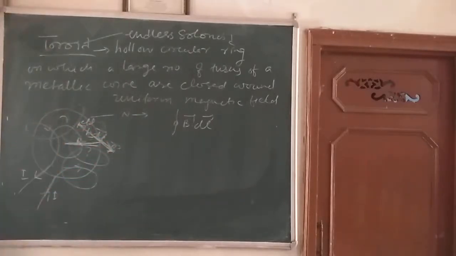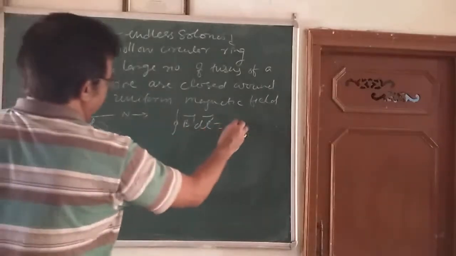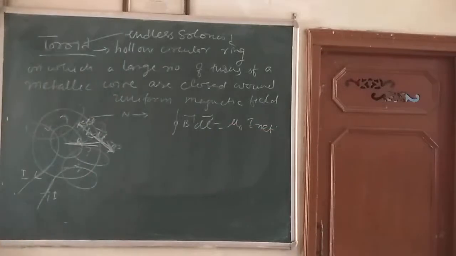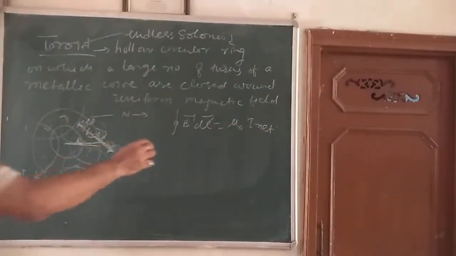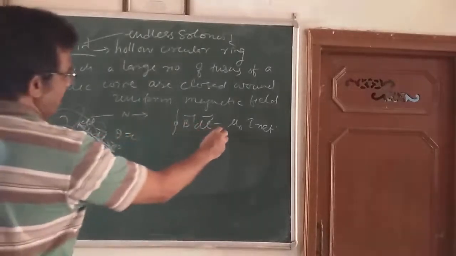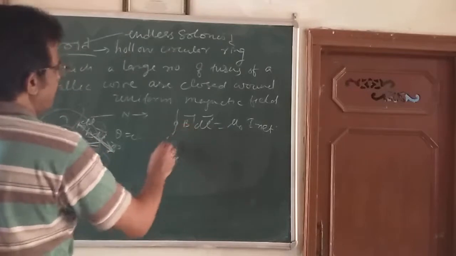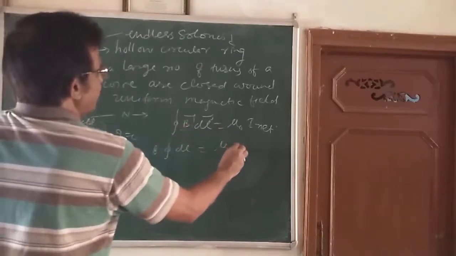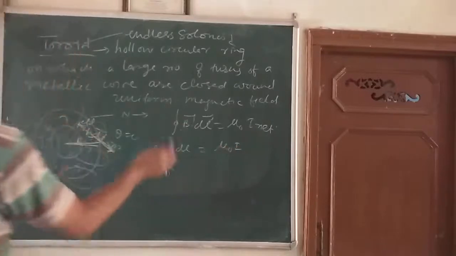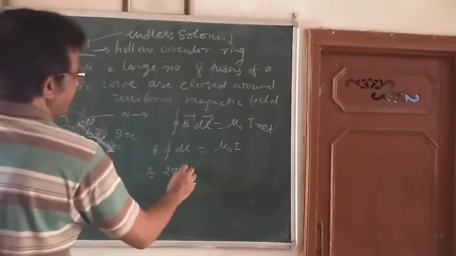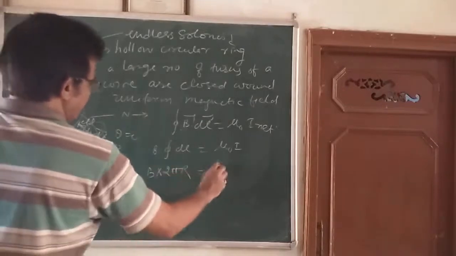So according to Ampere's circuital law, the integral of B dot dl is mu naught I net, the current जो भी flow हो रहा है यहाँ पर, that is I net. B and dl, the angle in between them is 0. B dl cos 0, cos 0 is 1. B is constant, it may be taken out. That is B integral of dl, the circumference of the circle, that is 2 pi r, is equal to mu naught